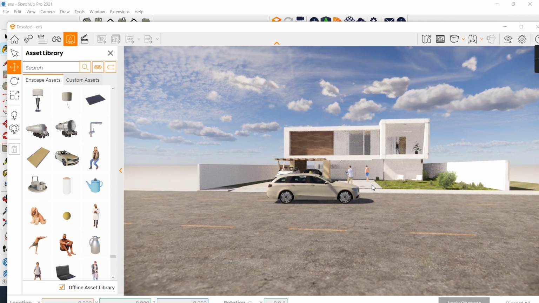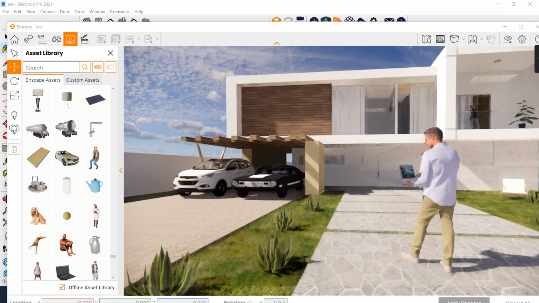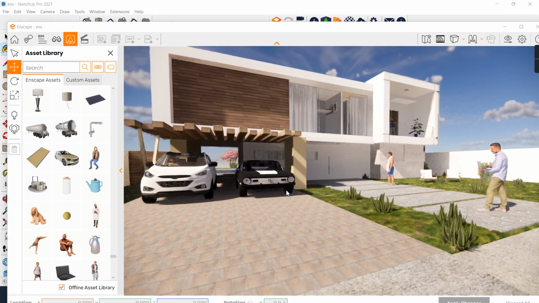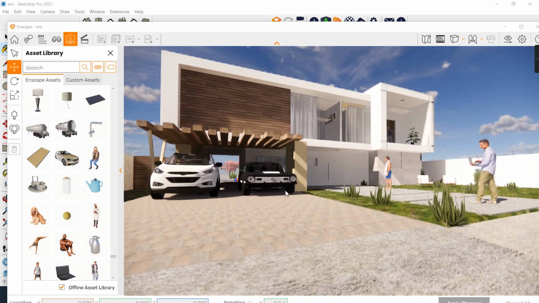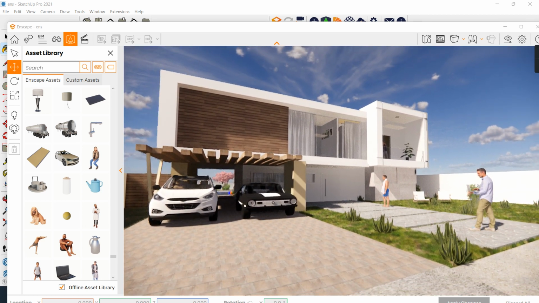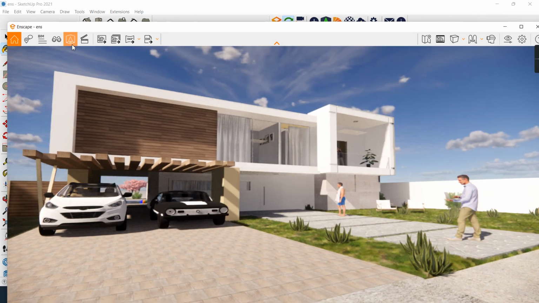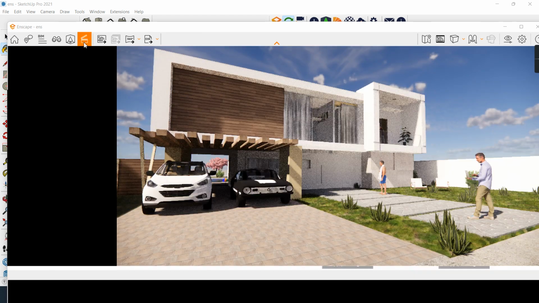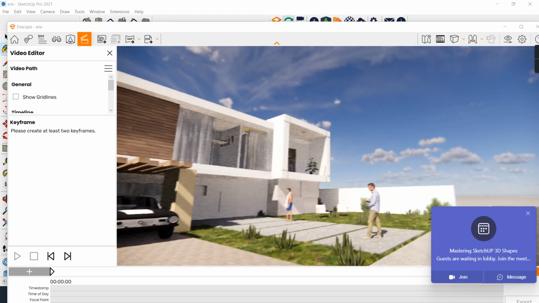Correct. Now I create one walkthrough. So for walkthrough, what can I do? I come here first, move back, move up, decide one view. This is my view. I need to rotate. So what can I do? I click close first and video editor. Okay, just click on video editor, add key,